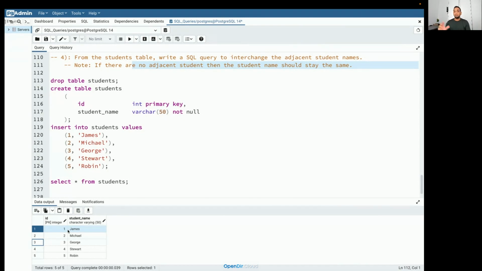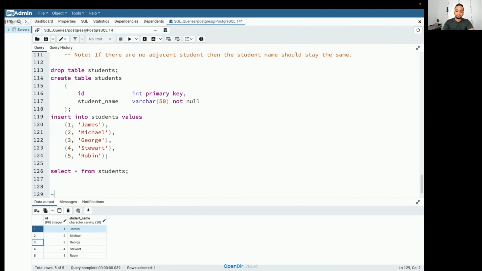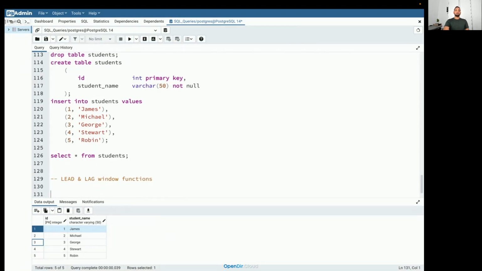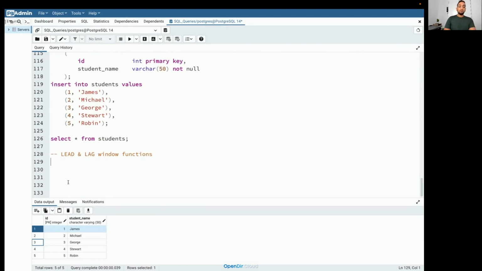Whenever you have to do this kind of comparison, we have 2 different functions in SQL, called lead and lag window functions. Okay. So we'll try to use this. The logic we can build is, if you look at this ID, ID 1 is an odd number, 2 is even, 3 is odd, 4 is even, and 5 is odd.